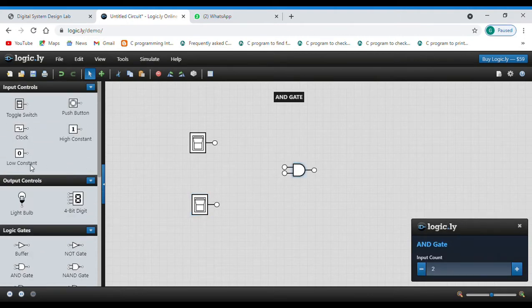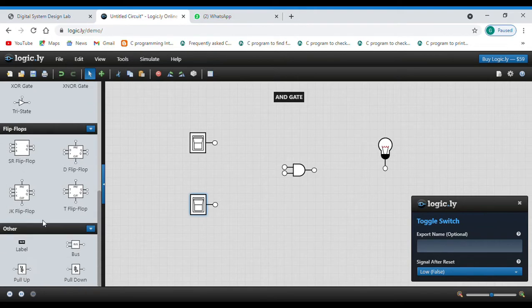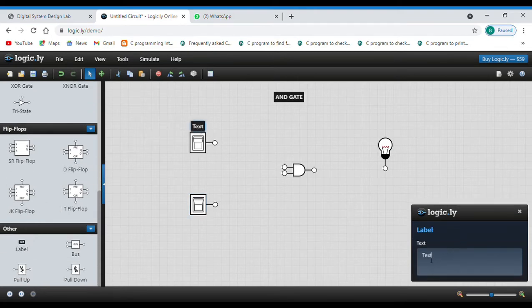Then we'll take a bulb. Now we'll label them. First toggle switch as A and second toggle switch as B.